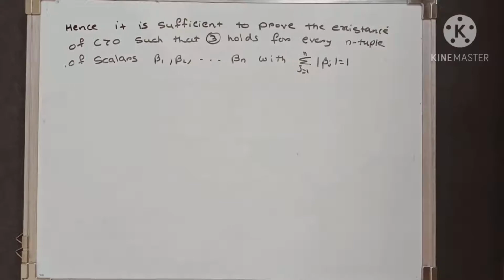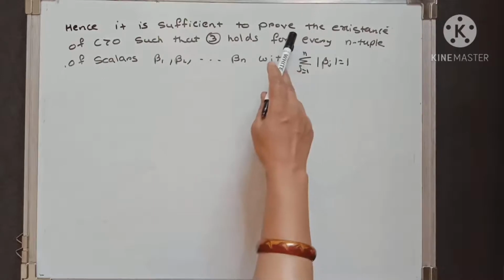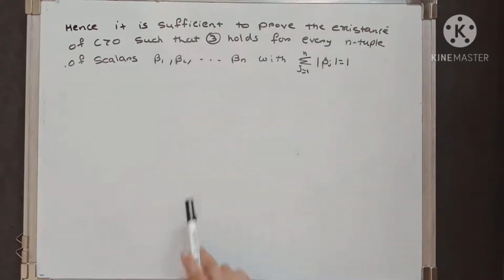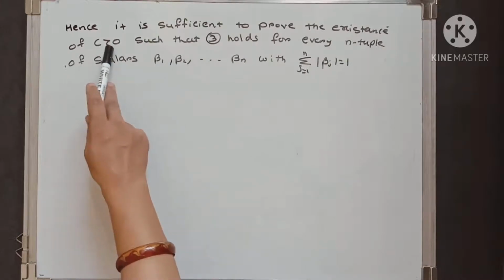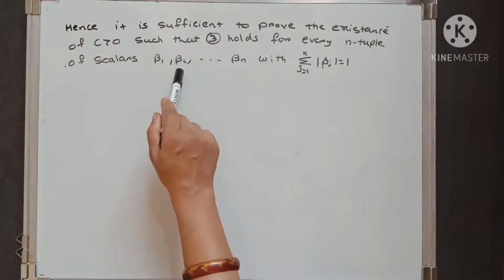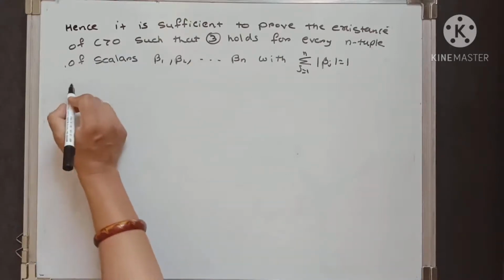Now to prove this, we use the method of contradiction. In the method of contradiction we assume that this is not true. That means there does not exist any c satisfying 3. That means we are taking the negation of this statement, and the negation becomes: for every c greater than 0,